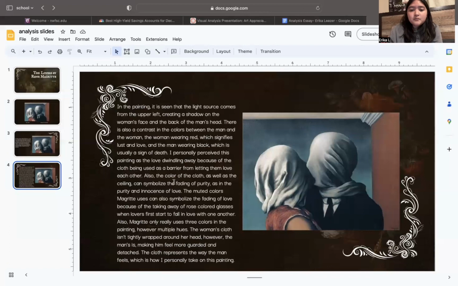And the cloth and the ceiling, I think personally it symbolizes the fading of purity and innocence of love, because while his shirt and this trimming is white, we see that the ceiling and some parts of the cloth is grayish, and this compares with the muted colors that the artist uses because this also symbolizes the fading of love, because personally I perceived it as either both lovers or one of the